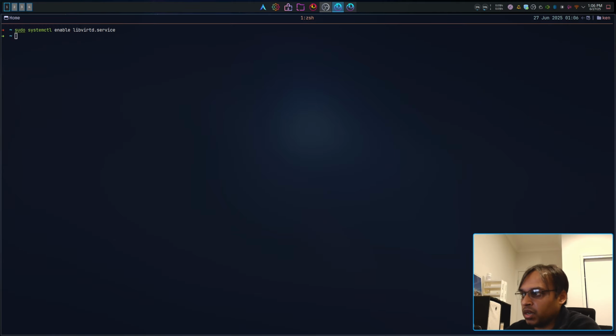Now, generally when you do anything related to QEMU, like virsh, you might have to do sudo virsh to access the system. You won't be able to do it without this sudo command. So if you want to avoid using sudo, then you need to set the libvirt URI